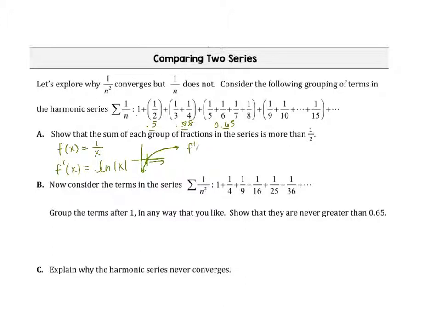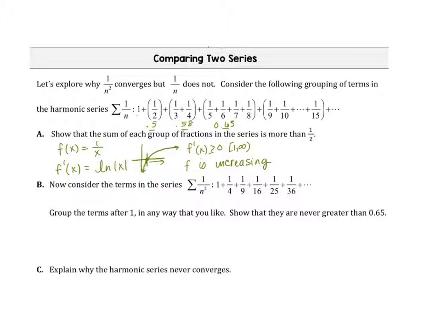So that tells me f prime of x is greater than or equal to 0 from 1 to infinity. So that's telling me that f is increasing here. So since f is increasing, this is not going to fit our integral test, and we're seeing how this will eventually end up